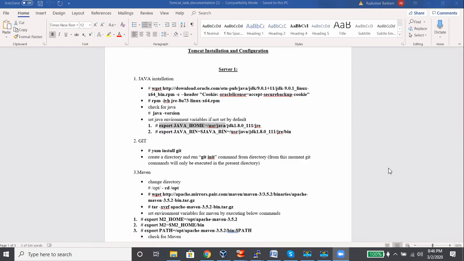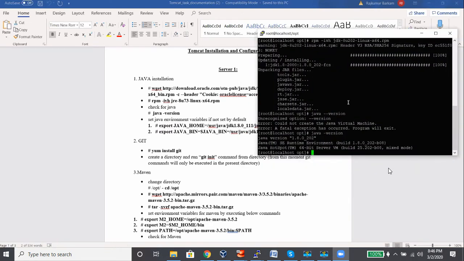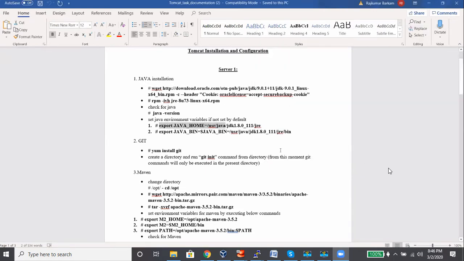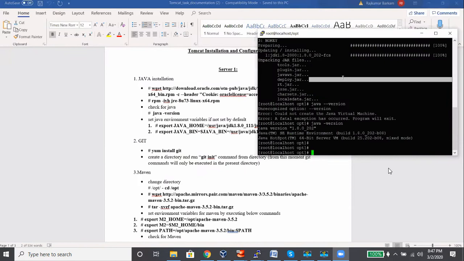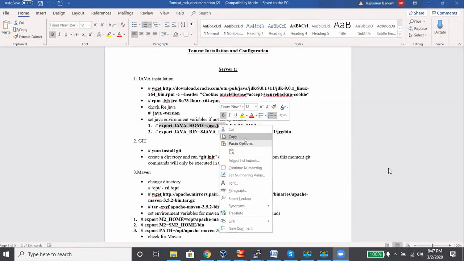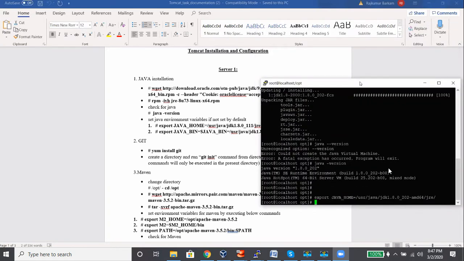Copy the path, /usr/java/jdk/jre, enter.